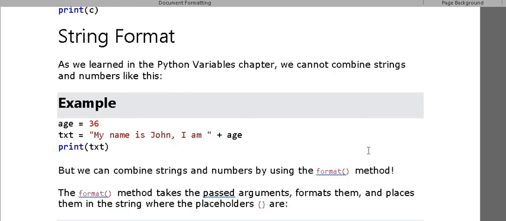So in Python we can combine strings, we can also give numbers to these strings, and if we want to pass some arguments to these strings, we can do it by using the format function. Here you can see that I am giving the value age is equal to 36. Now if I want to combine that with a string,